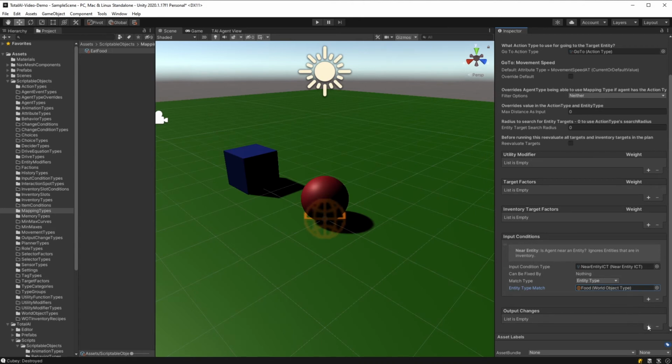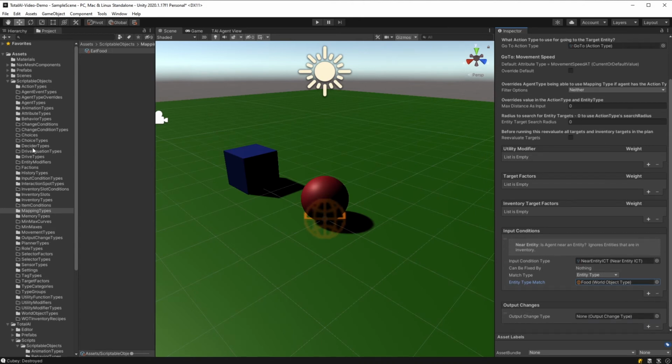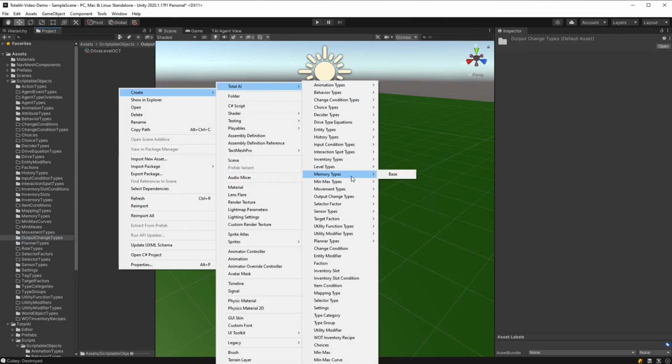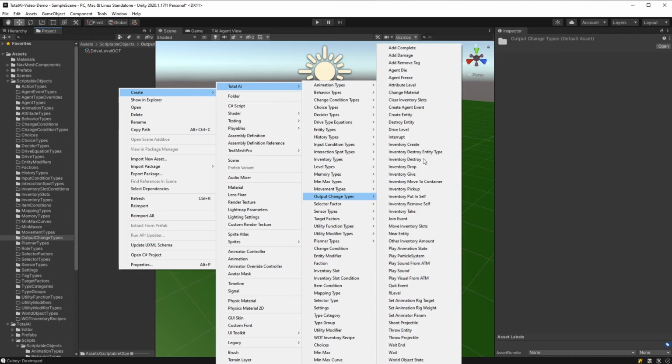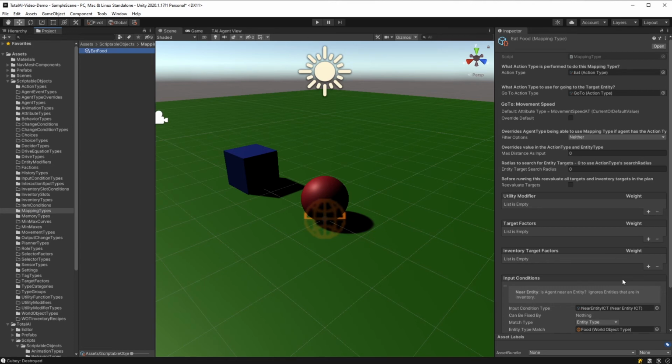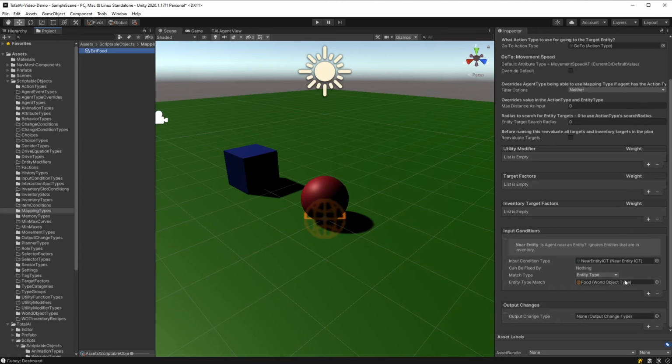So for example, in this one, the target would be the food. So we are going to need a target factor. All right, and we are going to need a destroy entity output change type. So an output change has an output change type, so that is needed so we can destroy the food once we've eaten it. So the input condition here is that you only need to be near a food entity type,